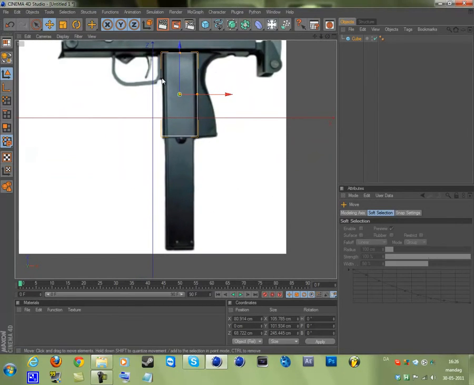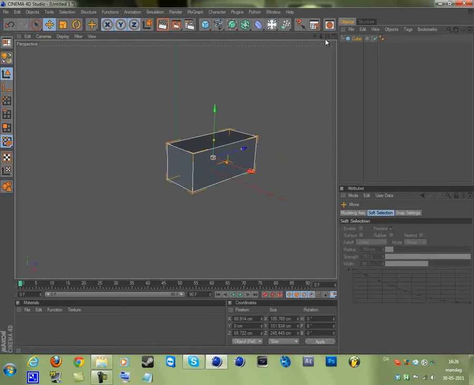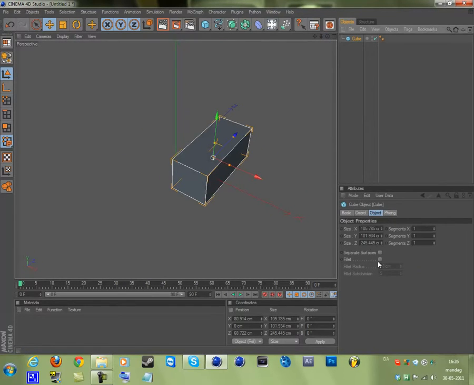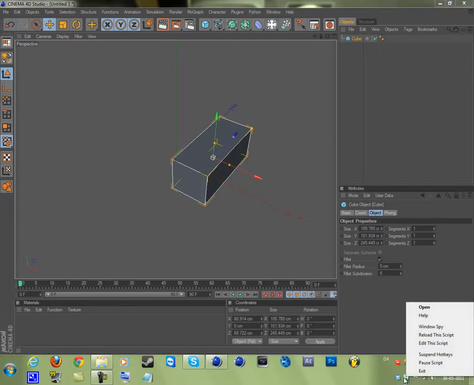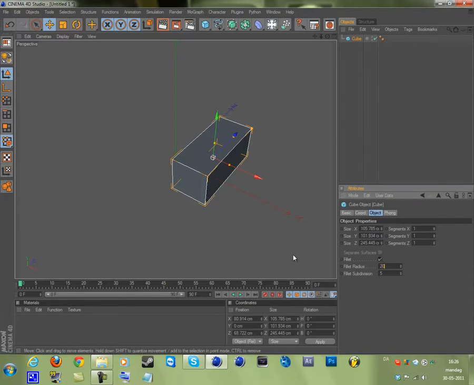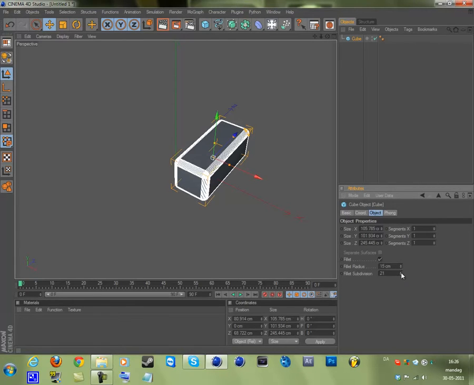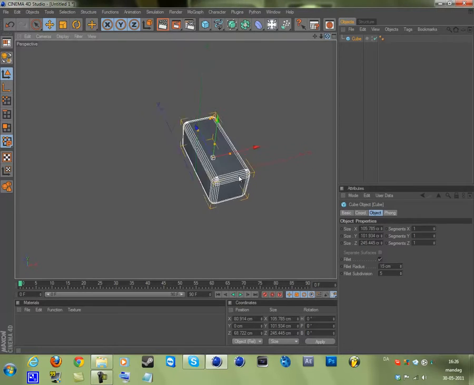So now we just got this basic handle, but you can see it's just a square, and it's not really cool to hold that. So go to the cube, and then say object, fillet. Then make the radius like 10. Actually, let's say 20. Okay, so 20 in the radius. Okay, actually 15 is better. Then make the subdivision however smooth you want your turn to be. I'm just going to select 5. So this is a pretty good handle.